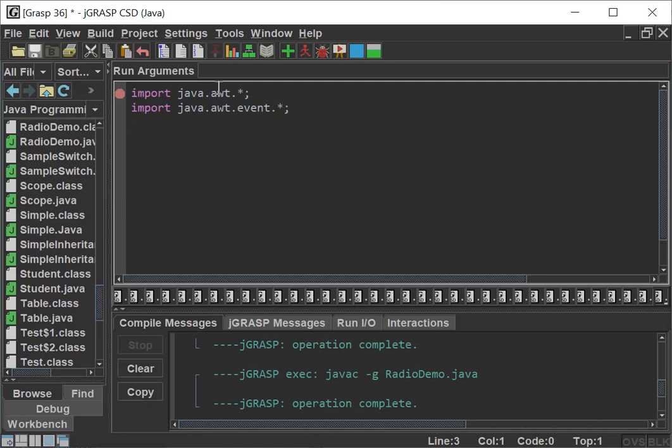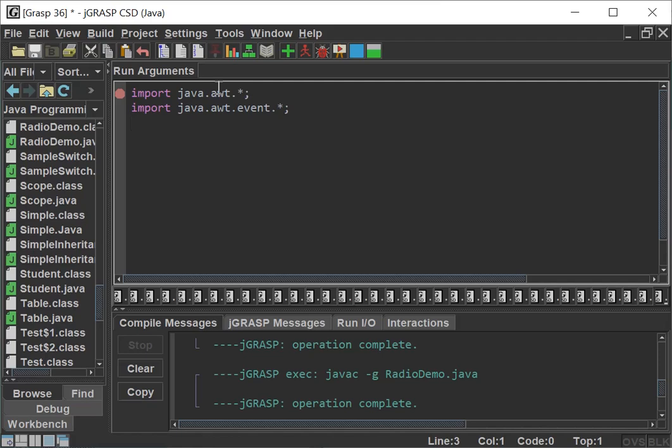Earlier we created applet programs for displaying our output, with a dialog window and applet window. Now we are going to utilize frame. Why are we going to utilize the frame? Because the menu bar is accessible only in the frame container class. We cannot utilize the applet container class. So the menu is only available for the frame container class. That's why we are going to create a frame.